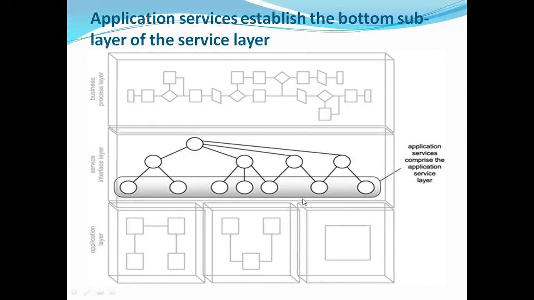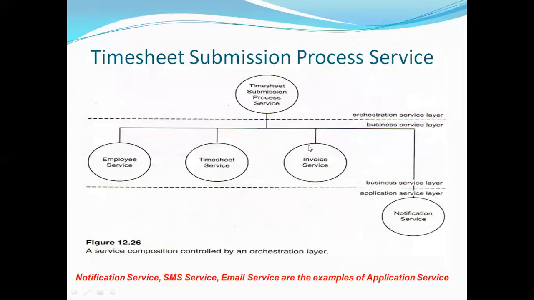So let us see how this application service is further divided into different steps. See here, I have given you the example of the timesheet submission process service. Employee service and timesheet service are the entity centric services. Again, invoice service, but here processing the invoice, processing the purchase order is a task centric process.